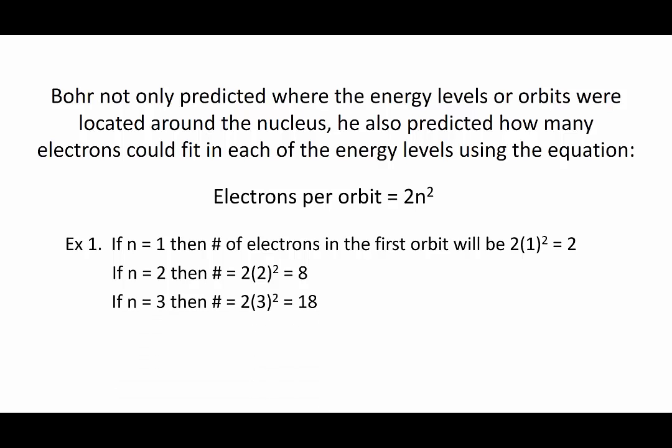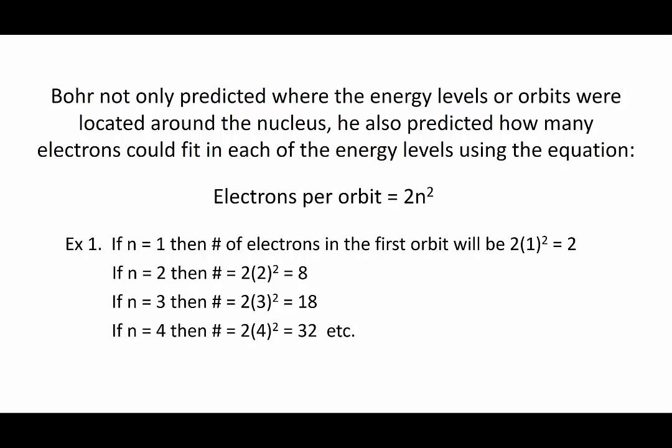Okay, so what you should have gotten for energy level 3 is 18 electrons, and for energy level 4, 32. Now, I know when we did Bohr-Rutherford diagrams that it was 2, 8, and 8, but you also know about SPDF. Now, Bohr didn't, so his prediction was that there should be 18 electrons within the energy level 3. You knowing SPDF, though, if you do add up the electrons in energy level 3, so it does contain an